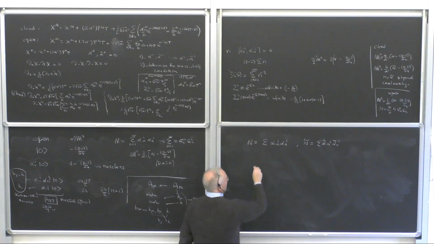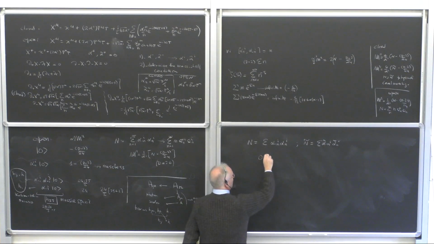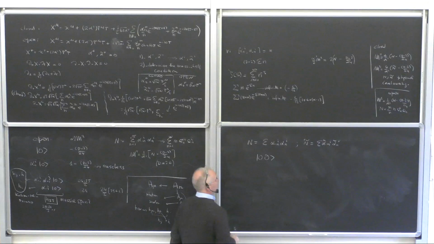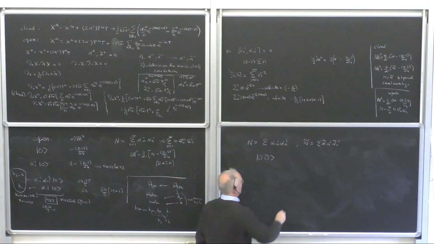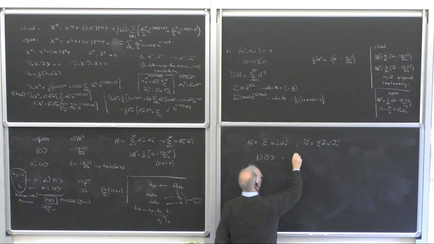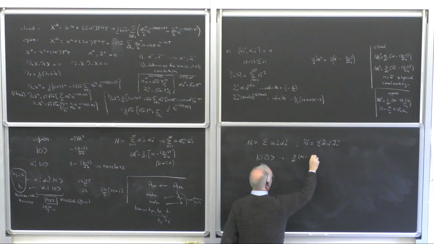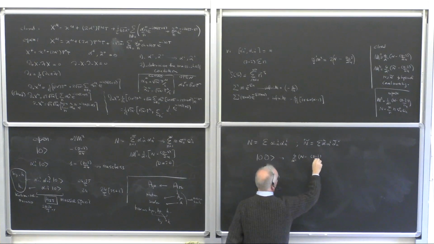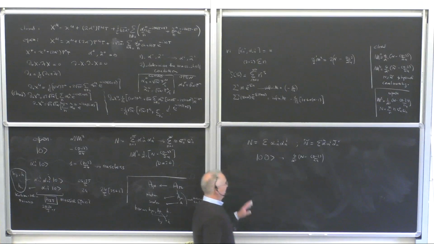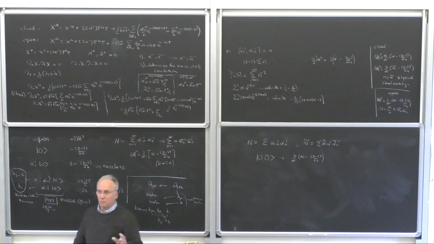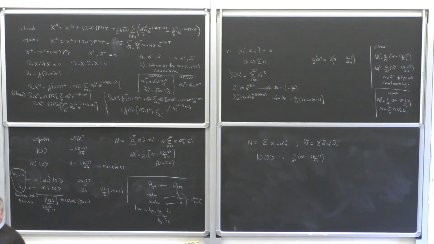And then you start from a vacuum that is now a vacuum at the same time of the alpha and alpha tilde. And this guy has a mass which is 4 over alpha prime times N minus (d minus 2) over 24. The first excitation that you are allowed to build must contain equal numbers of alpha and alpha tilde,